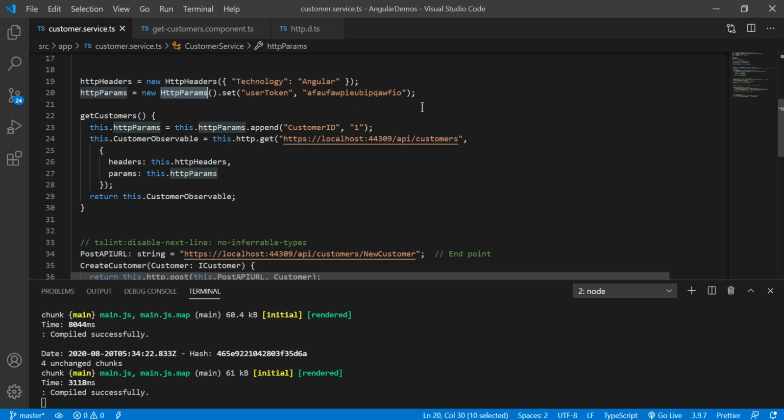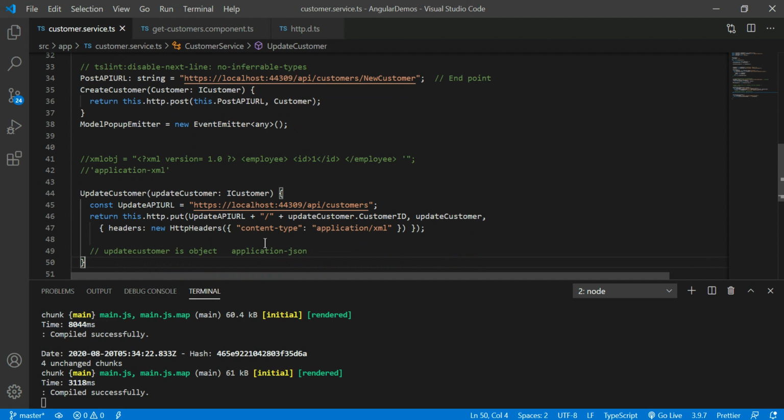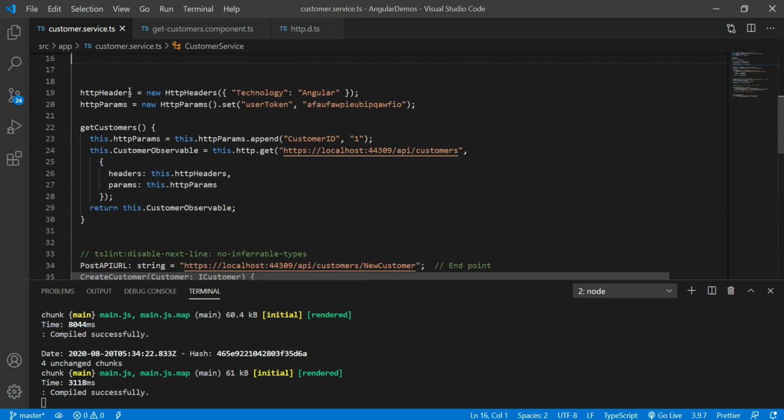And HTTP headers, in the sense, if you wanted to change your HTTP request, like I just now prepared the application XML. In case you have an XML object, in this way you have to prepare the HTTP header also. Moreover, if you wanted to create your own header section, you can create it by using the HTTP headers.